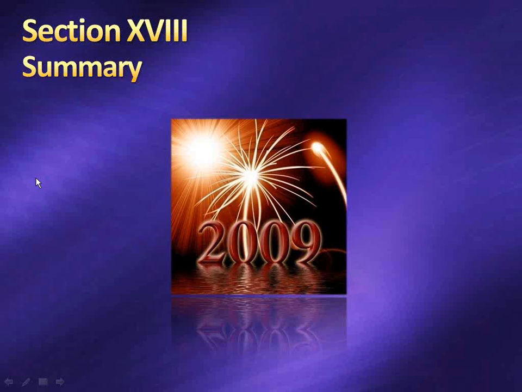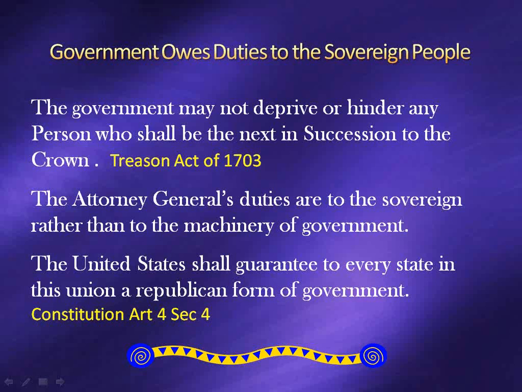First, we know that government owes duties to the sovereign people, and we'll list some of those duties that are owed. The government may not deprive or hinder any person who shall be the next in succession to the crown. That's the Treason Act of 1703. And we know that the Attorney General's duties are to the sovereign rather than to the machinery of government. People can request the Attorney General to represent him in court, and the government has to provide their own attorney